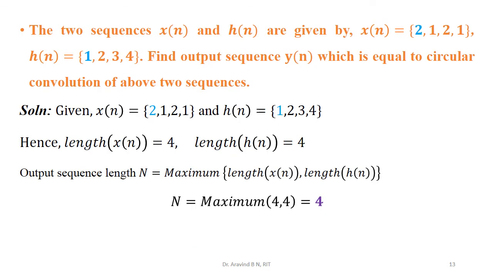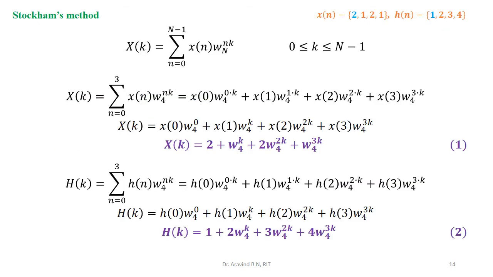So let us go through that other method which also makes use of the DFT and IDFT, but in a slightly different manner. See, the same question we are going to have. In the first step we again have the same type of representation, that means calculation of the output sequence length, common to all the time domain and the frequency domain procedures. We have done that one. So we have got N is equal to 4. Now let us get into the solution.